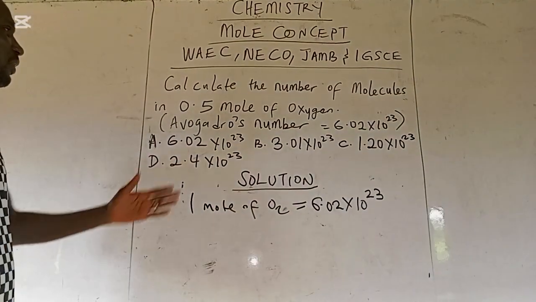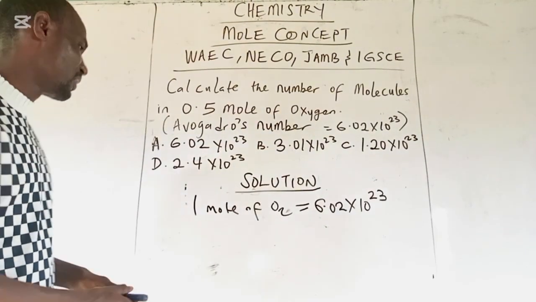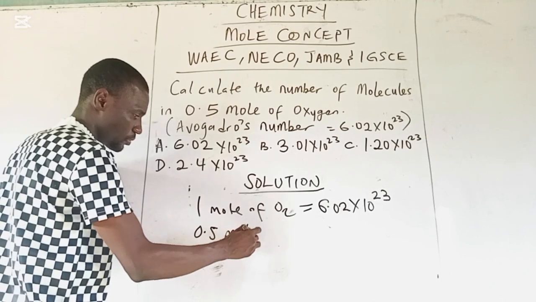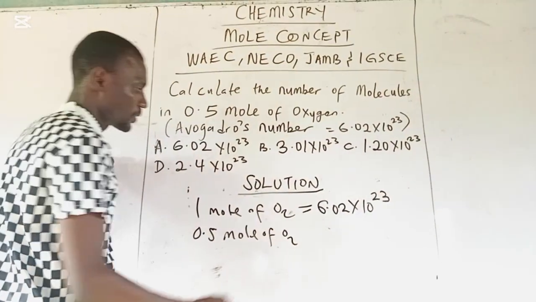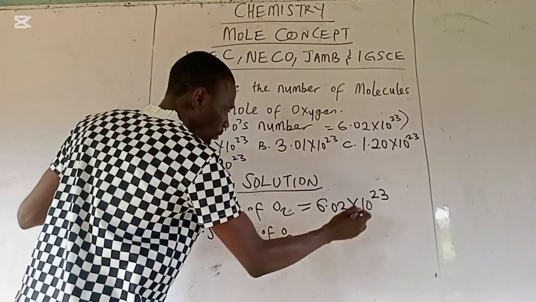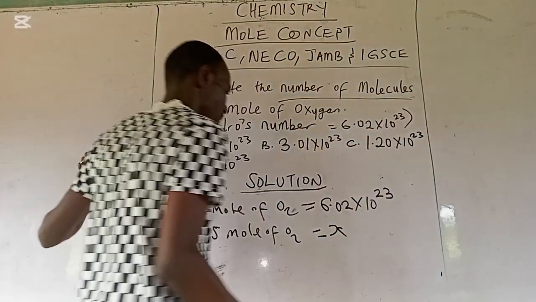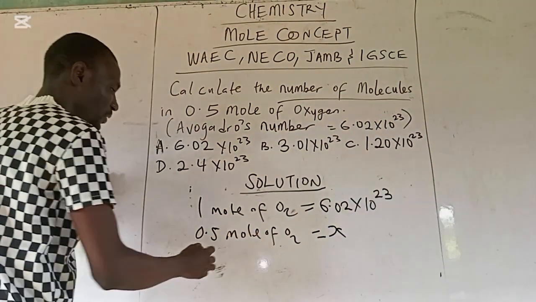So to make it easy for us, we already have 0.5 mole of oxygen. Let mole be under mole: 0.5 mole of oxygen equals unknown, which is the number of molecules we are looking for. So simply put, cross multiply. When we cross multiply, x times 1 here will give us x,